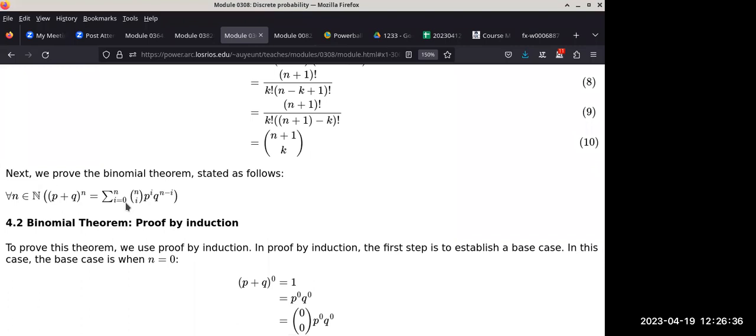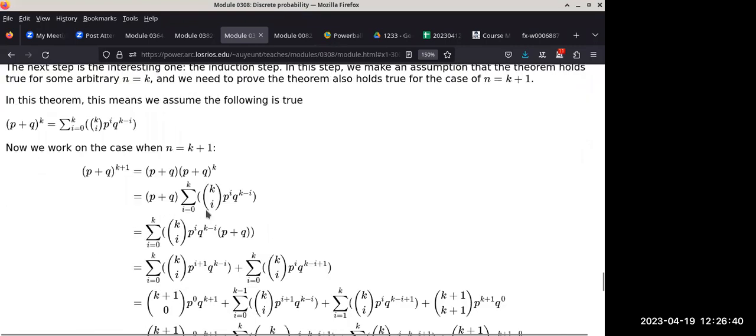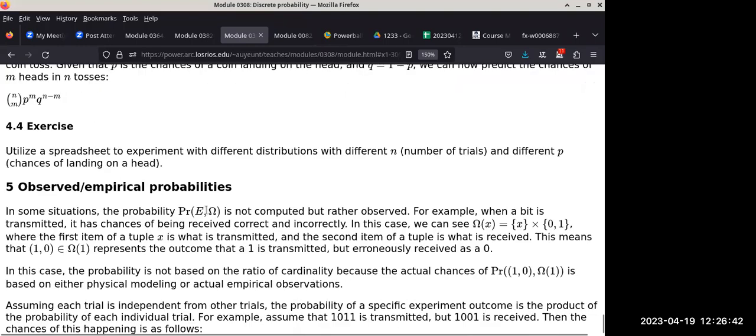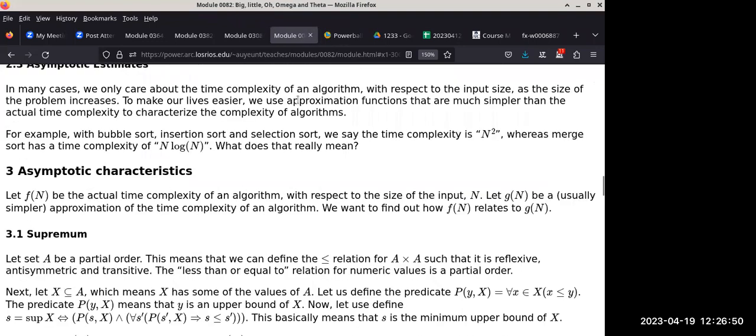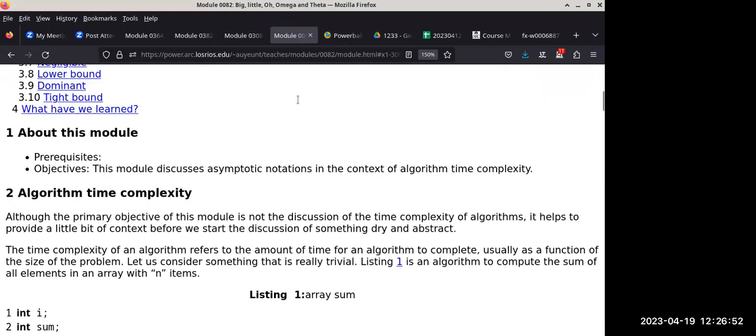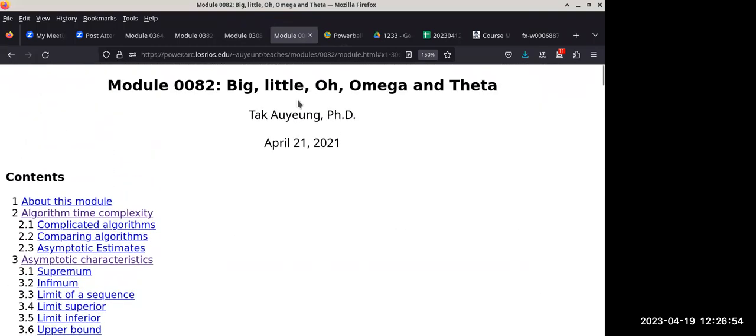All right. So that basically marks the end of the binomial distribution, which is basically the end of the entire module over here. And the next thing we're going to do is to look into something that is kind of new to us. Not new to you, hopefully, but in terms of looking into the intricate details, it's going to be new to us. So we are going to look into the big O notation.